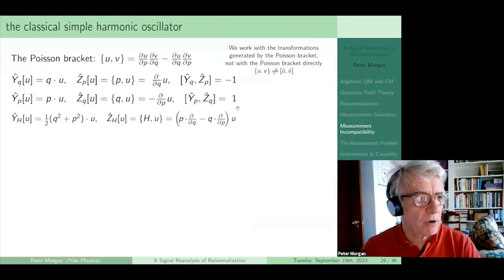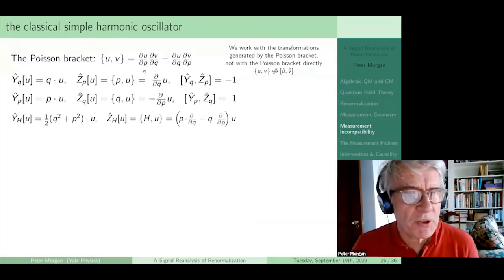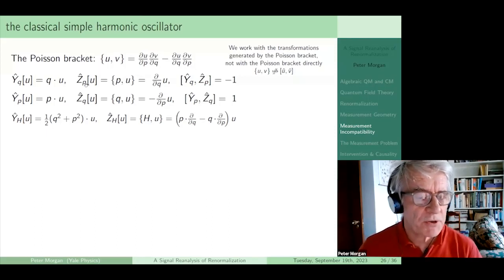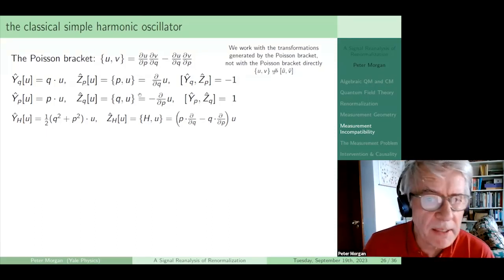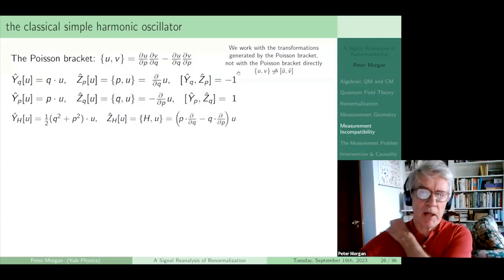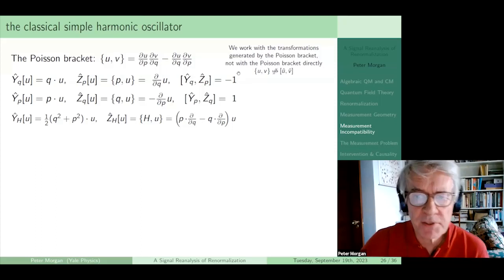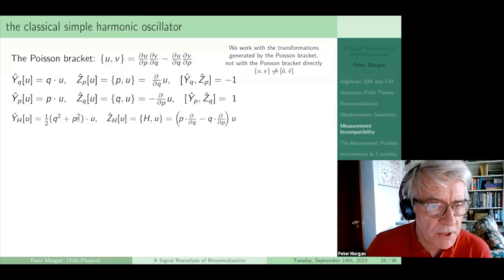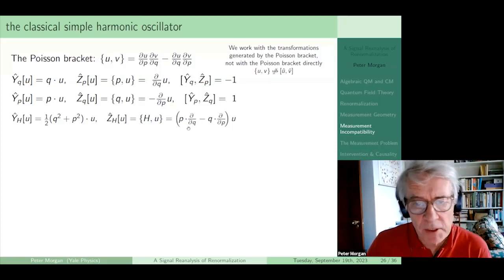So that was very general. For the simple harmonic oscillator, the Poisson bracket is straightforward, just as usual. And we can construct the Poisson by P just as derivative with respect to Q. Same for Poisson by Q as a derivative with respect to P. And so we have these two, which are very reminiscent of the Weil-Heisenberg algebra, except that there's no complex structure. Then we have the Hamiltonian function is just this operator, and we have the Liouvillean operator is this function, this operator.